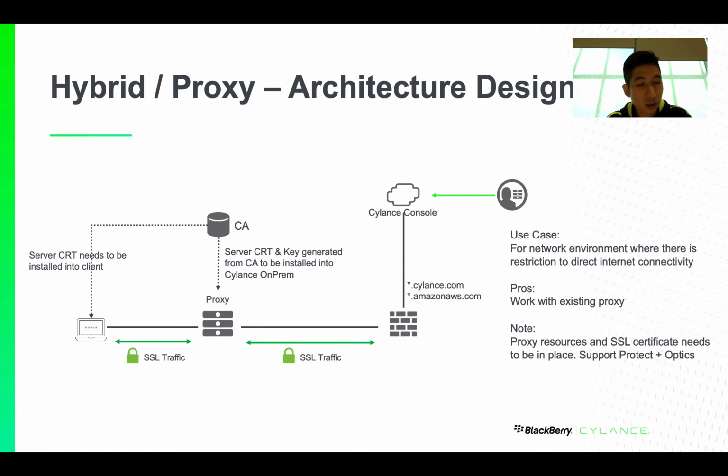So in this case, it doesn't really make a lot of sense if you have an existing web proxy and then you implement the Cylance hybrid, which causes a double proxy kind of architecture design. Okay, this will not improve the security posture, but it will definitely introduce more areas of troubleshooting, as well as introduce